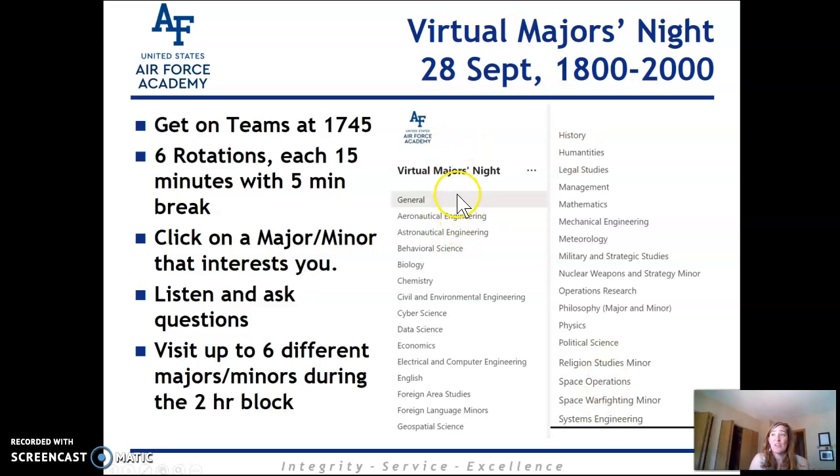You'll unhide those channels. All of those channels are in the team, and you can unhide the 6 that are interesting to you. You'll have 6 rotations. Each one will be 15 minutes long with a 5-minute break in between. You'll click on a major or a minor that interests you, and then when you're in there, you can listen and ask questions. You can visit up to 6 different majors or minors during that 2-hour block.